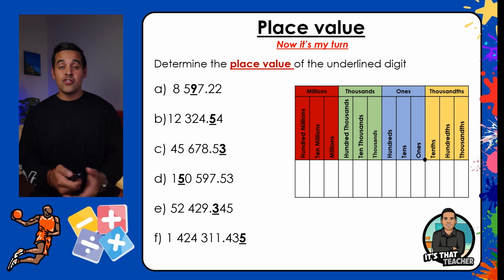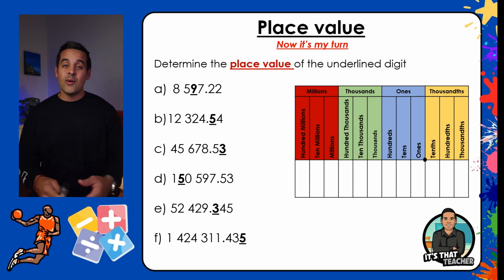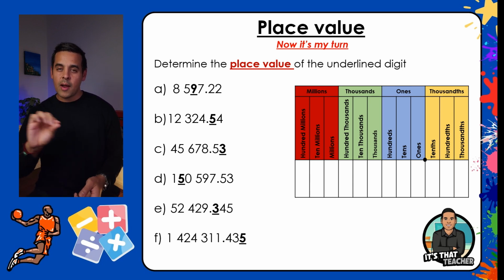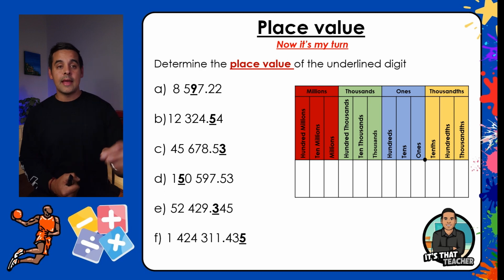It's my turn now. I'm going to show you exactly how to do it. I've included a place value chart, just so if you get stuck, you can pause it, have a look, and try and lay your numbers out underneath it. You can Google a whole bunch of different things, place value, print that thing out if you need a bit of help. So, A,